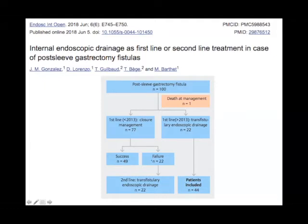22 patients did not respond to this treatment. So these 22 patients have been compared to these 22 patients. These 22 patients underwent endoscopic drainage as a second line treatment. And these 2 groups have been compared here,